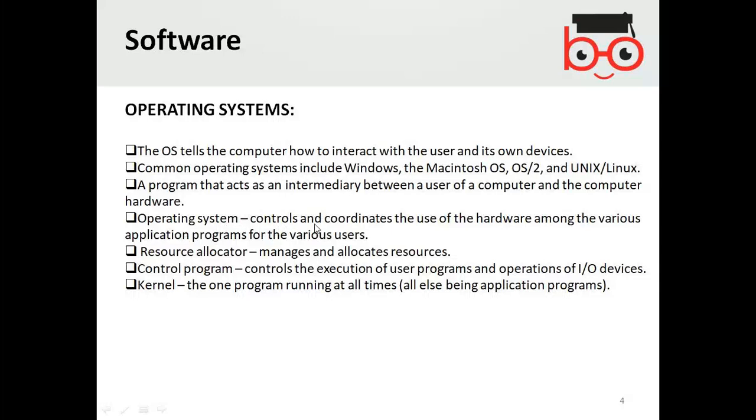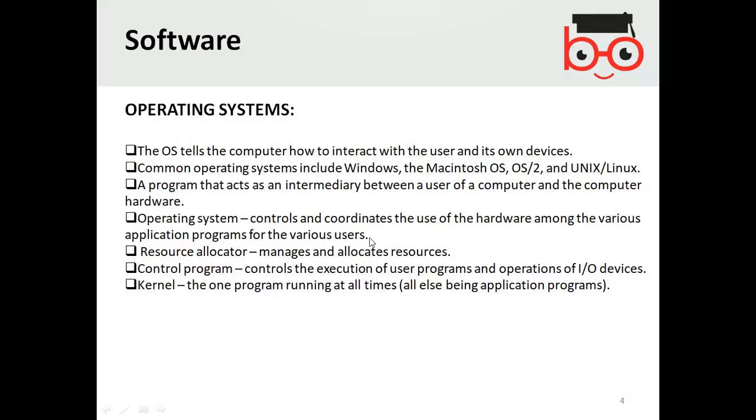The operating system controls and coordinates the use of hardware among the various application programs for the various users. So it is the coordinator of the hardware, so that the application programs for the users can run.